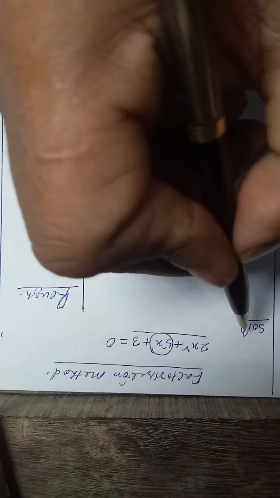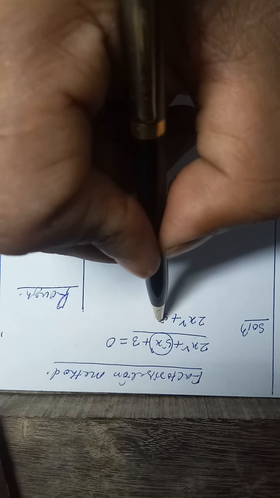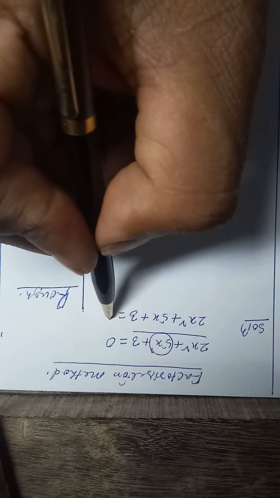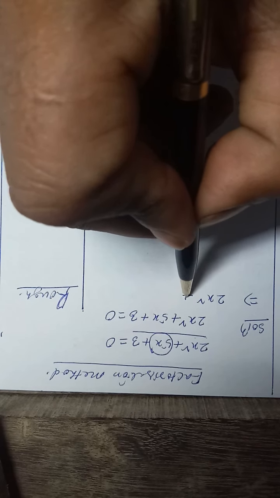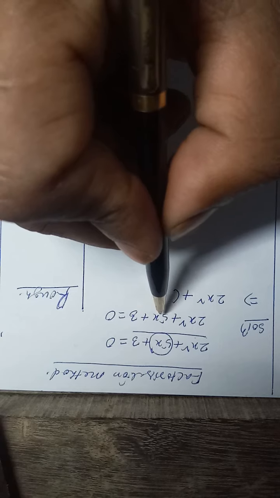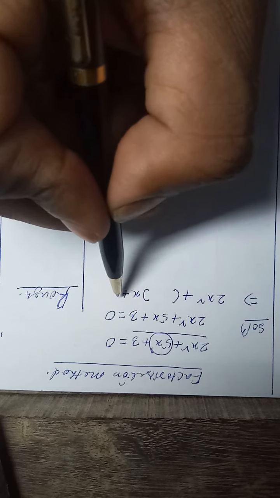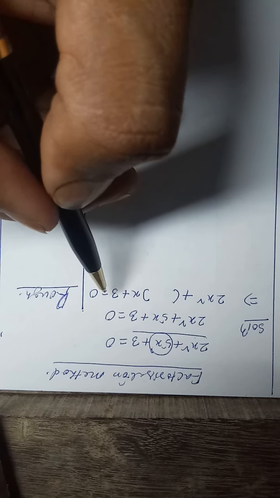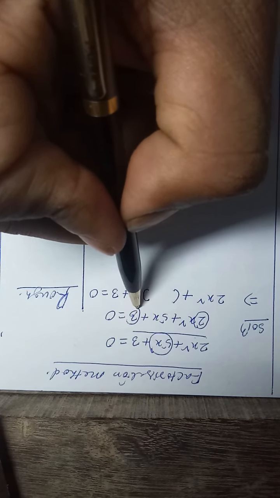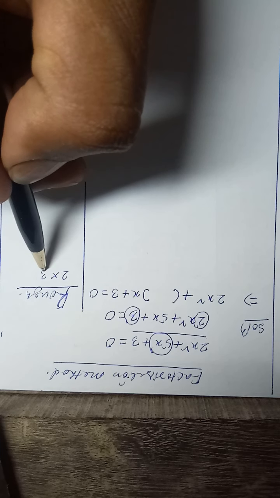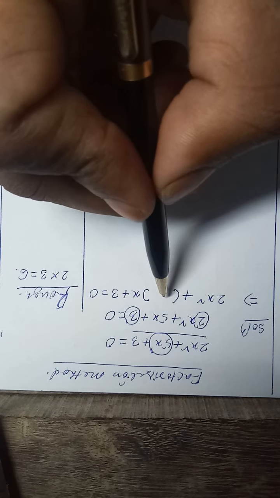Solution. Once again, rewrite the equation 2x² + 5x + 3 = 0. This implies 2x² + we have to split the term 5 here, x, plus 3 = 0. First of all, we multiply the coefficient of x² by the constant term 3, so 2 times 3 is 6. Now we have to find two numbers for 5